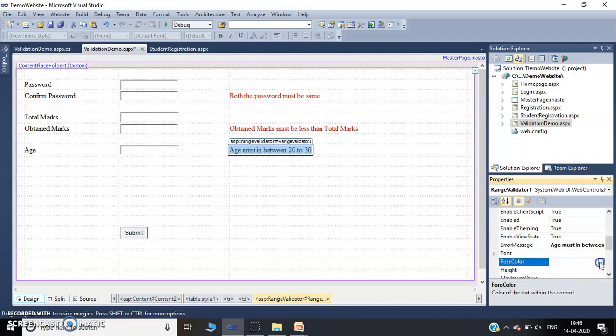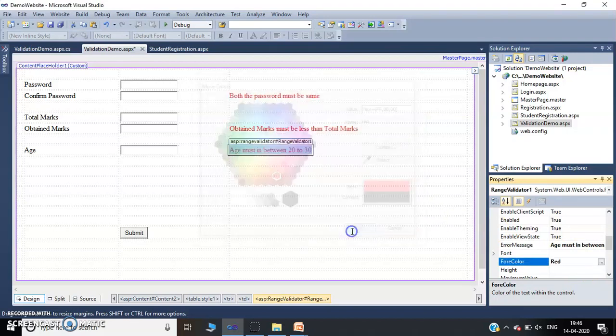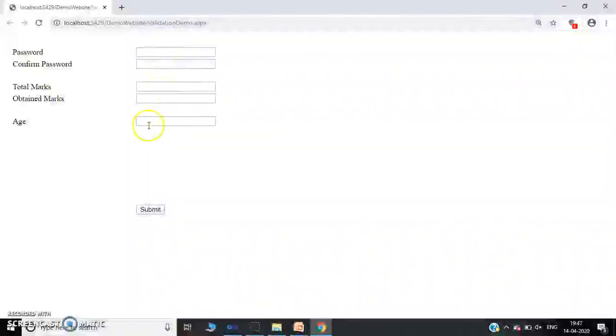Again, change the fore color and make it red. Here you must provide maximum value and minimum value. In our case, minimum value is 20 and maximum value is 30, to provide a range between 20 to 30. After this, you don't have to change any other properties of this control, that is range validator. Just save the changes and now enter an age.